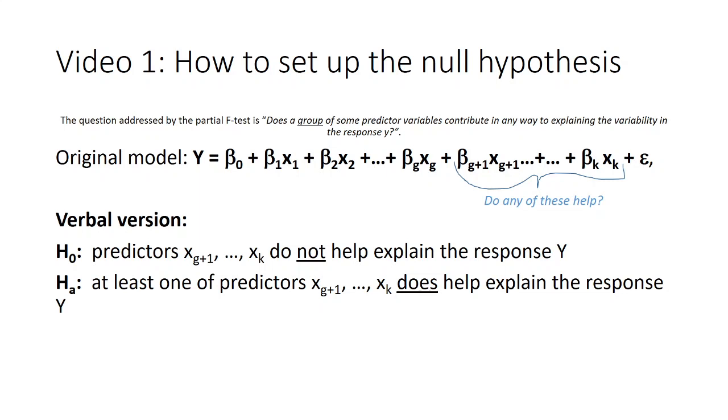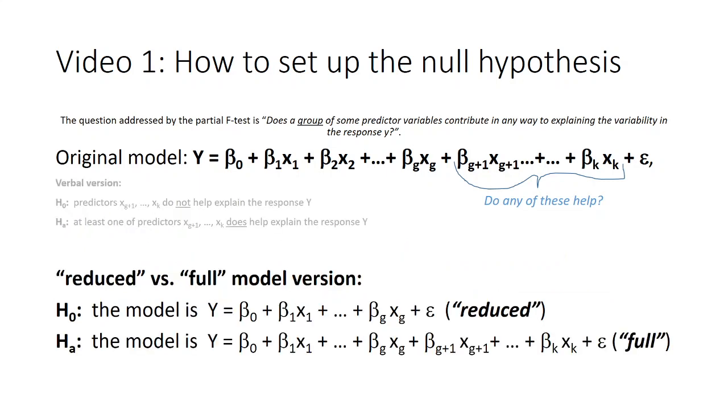We'll give you 3 ways. You can decide which one works the best. I kind of use all 3 at different places, just determining what I think communicates the most. So that's the first one, the verbal version. The second version is the reduced versus the full model. So the null